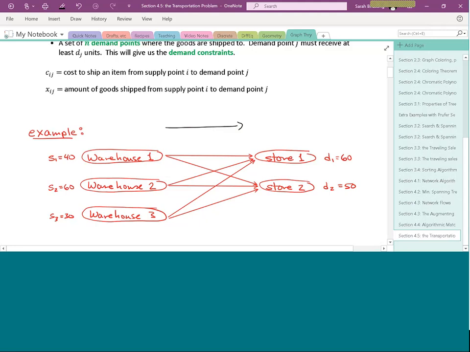Now, we're also going to have a cost associated with each of the different things. It actually is quite similar to our augmenting flow algorithm. We are, however, going to go about doing it differently, okay? And one of the things that we're going to be doing differently is we're not going to create a single source or a single sink, and the extra thing that we have here is we've got